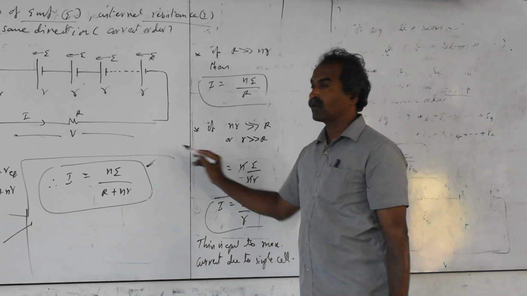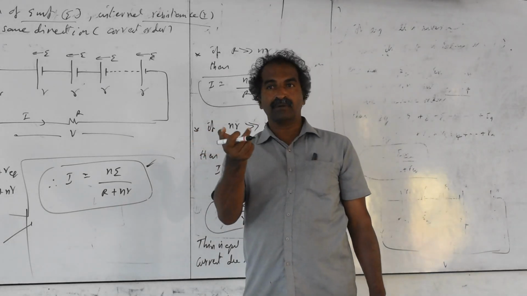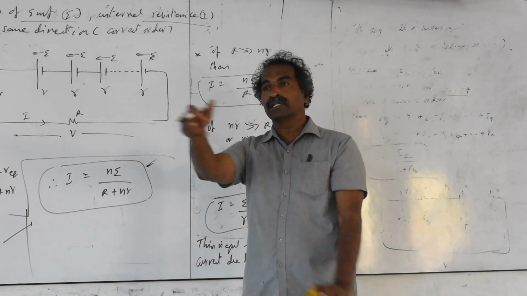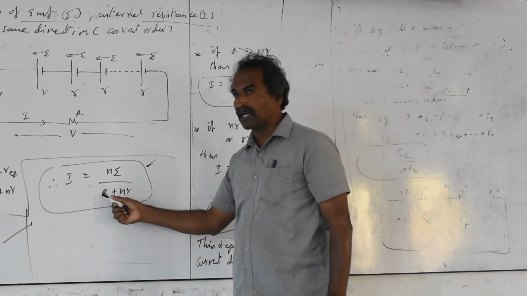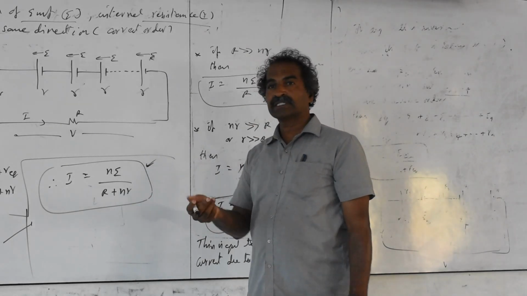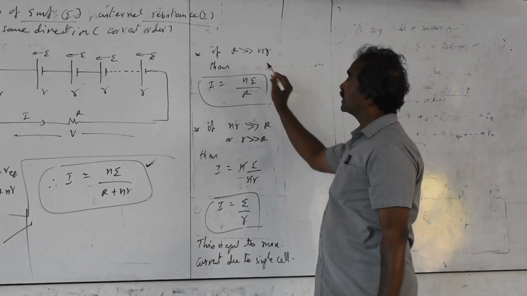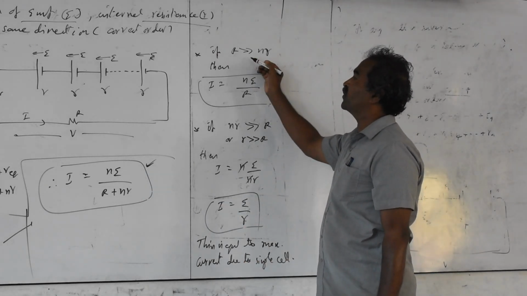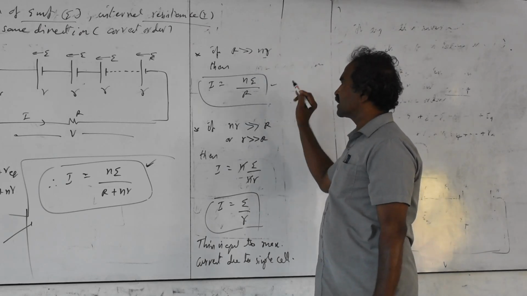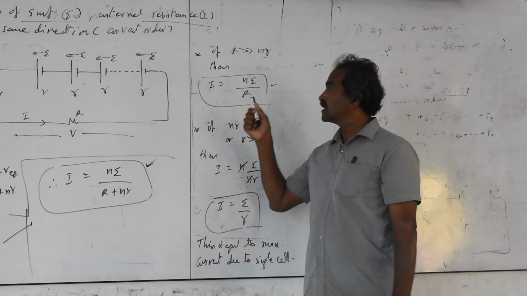This is the relation to apply for such cases. Capital R is the resistance of the filament of the bulb or torchlight or circuit. If you are using a radio circuit, the device has a resistance, that is capital R. Small r is inside the cells. So this is the formula applicable for general cases. Most of the cases we follow this method. In the special case where the external resistance is very high compared to nr, I equals nE by R. This is the principle we use.